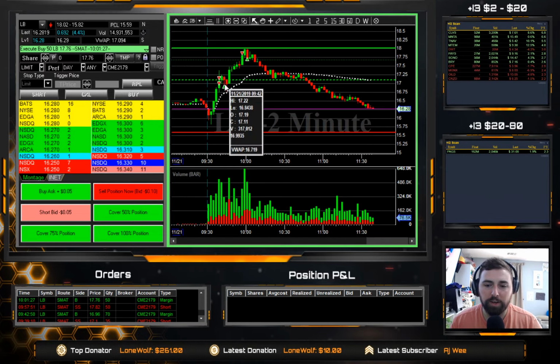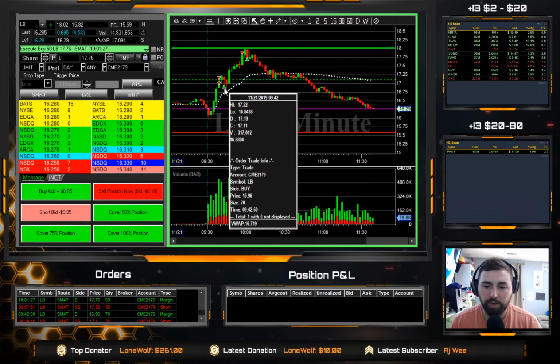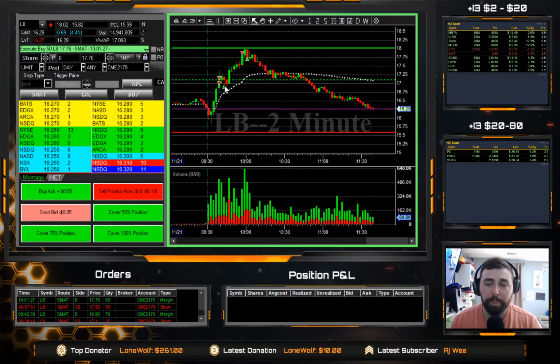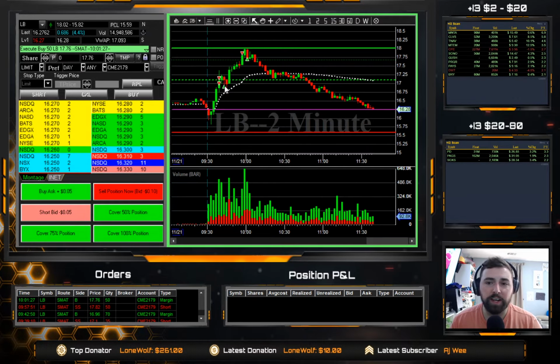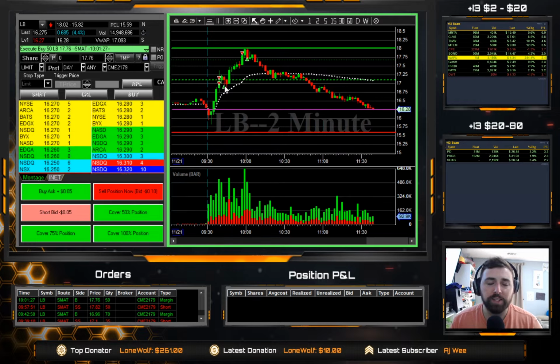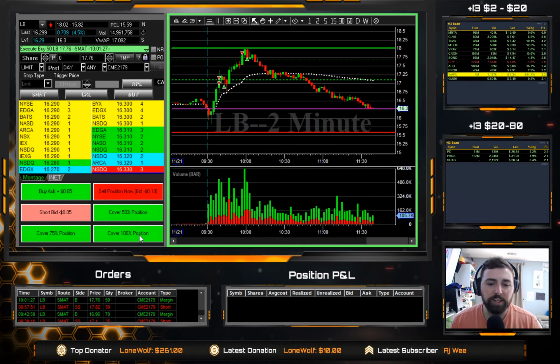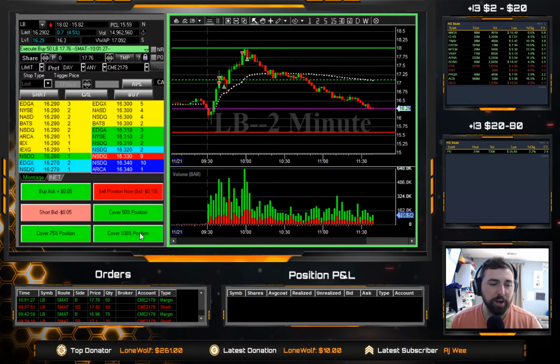So when we got this drop here, we just took it all off, which was at 16.96, and it was a bit frustrating because I had an order in at 16.85. The bid dropped right to 16.85. We didn't get any fill, and the ask was at 16.87, and I went to click my cover button, which would cancel the orders that are there and then cover the position,